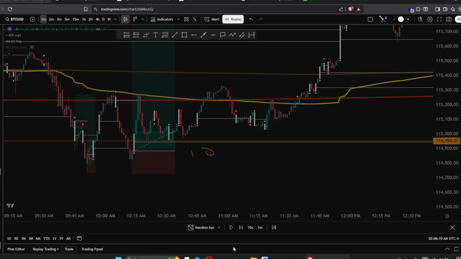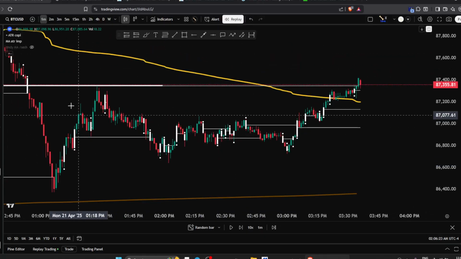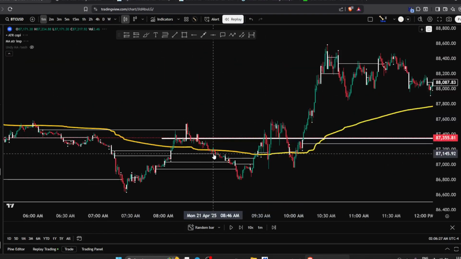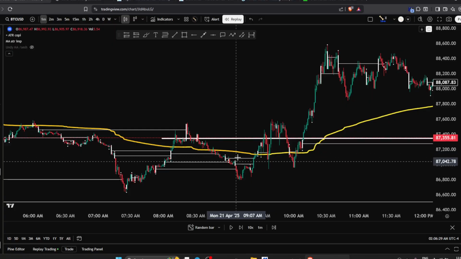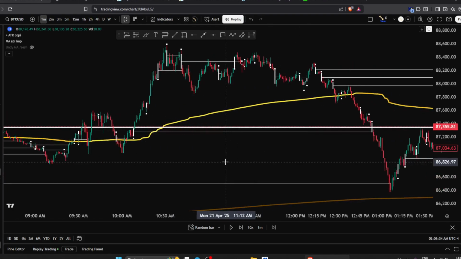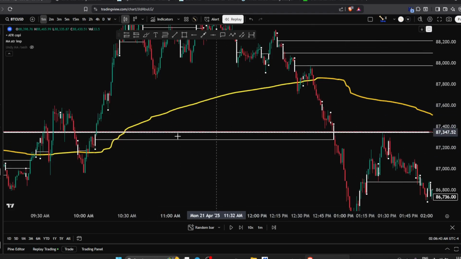Go to a random bar, and 2 p.m. go to, okay, so yeah, here's about 9 a.m. New York time. Yeah, so here's a white line here. Not that thick moving average line, but the thin one. So yeah,